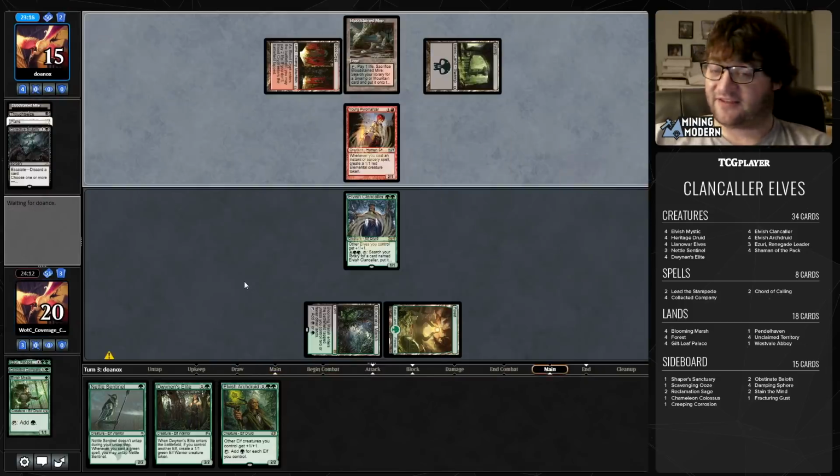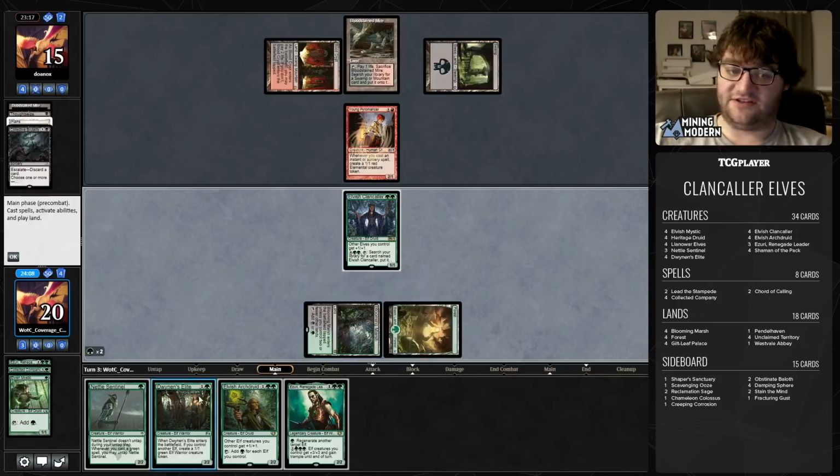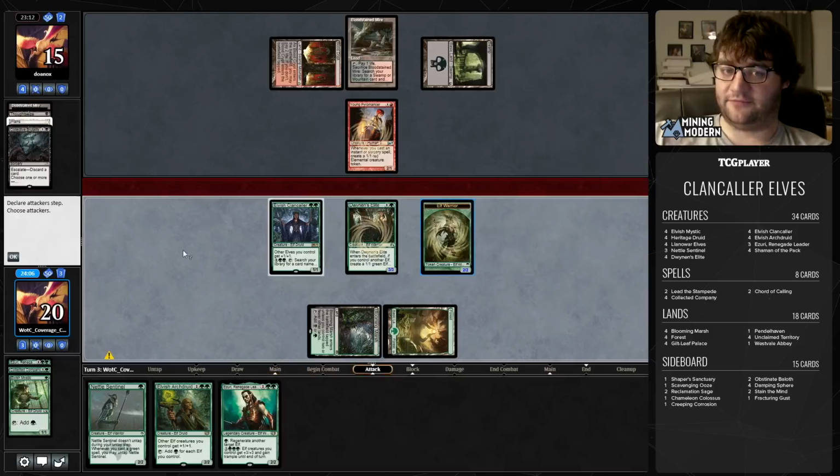It doesn't seem like it's going to be a game that we win by rushing them. We're going to have to try to grind them out here. Unfortunately, they seem to be out of one mana removal. Maybe. They look... All right. I guess I even...